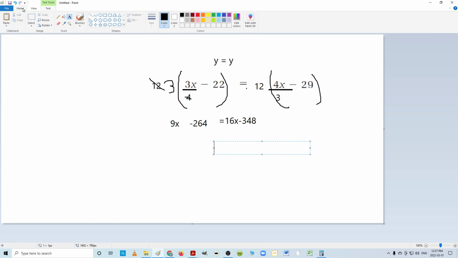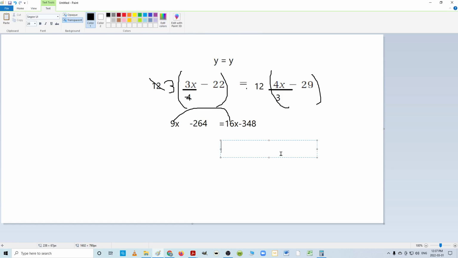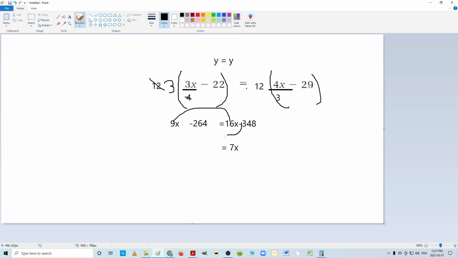And now that we've gotten that, notice we no longer have any fractions. So we successfully got rid of our fractions. So that's what we have to do. Now we just have to bring 9x to this side. So 16 minus 9x is 7x. And we'll bring the 348 to this side. So it'll become negative 264